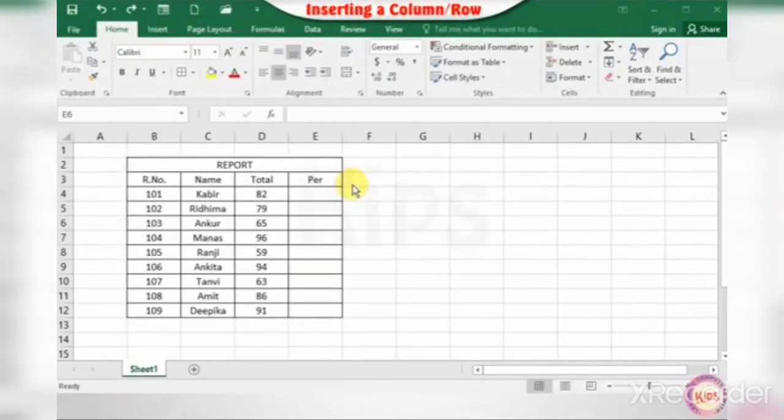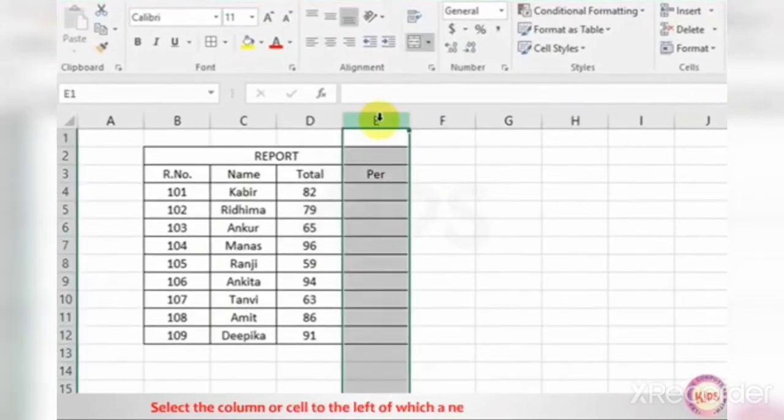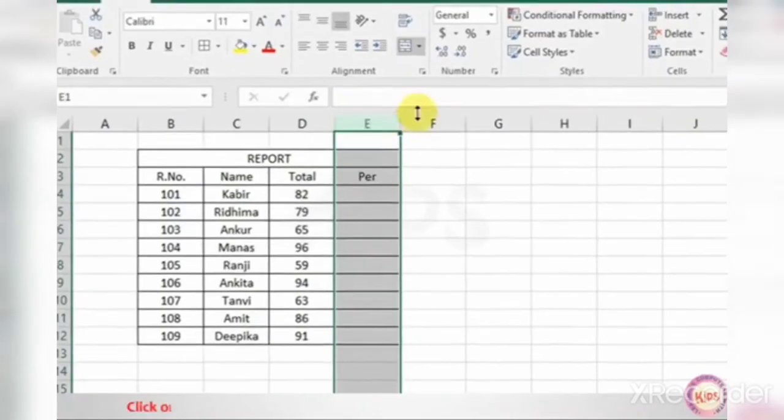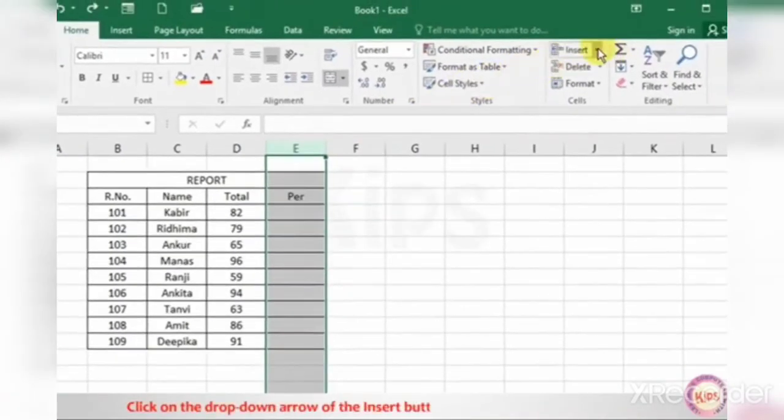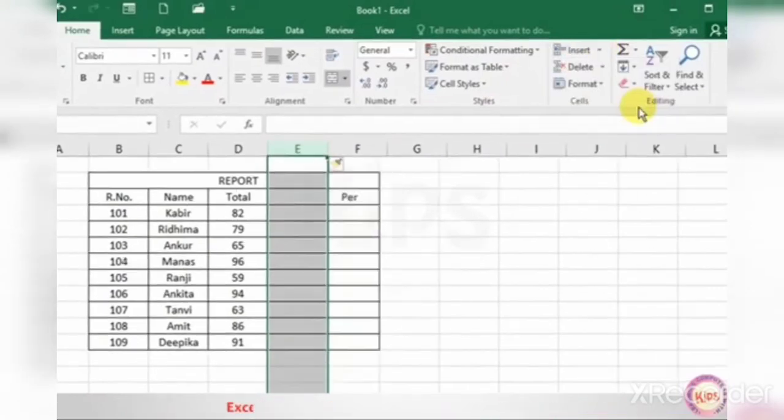Inserting a column or a row. How to insert a column or a row? Select the column or cell to the left of which a new column is to be inserted. Here we have selected column E. You can see. Click on the drop down arrow of the insert button in the cells group on the Home tab, and choose the Insert Sheet Columns option.